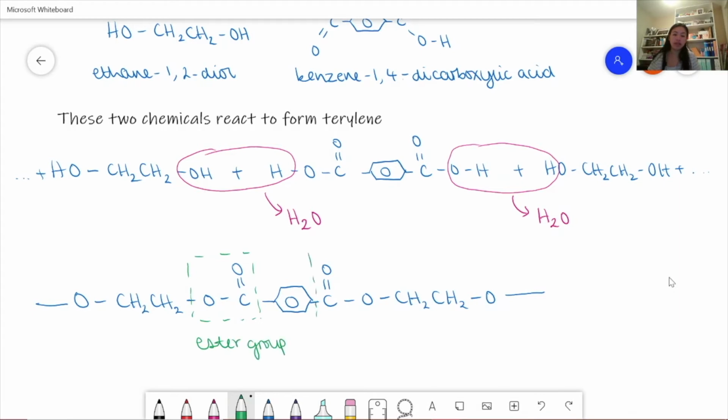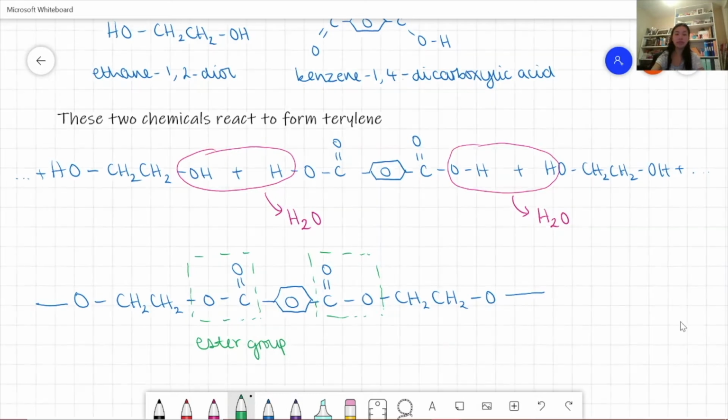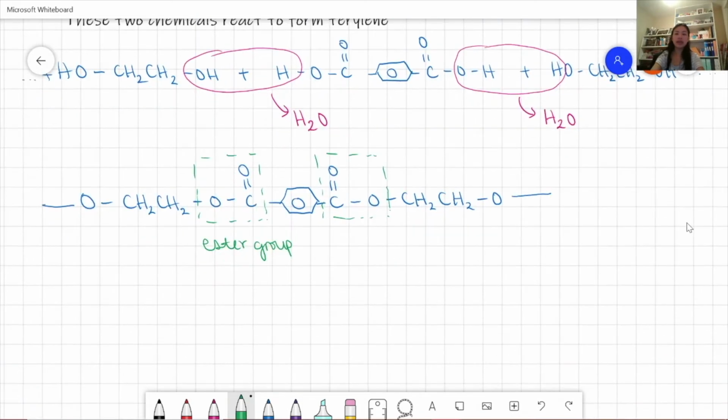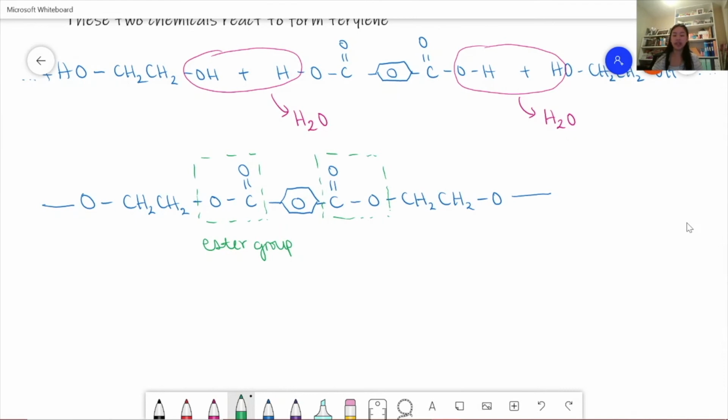And so is this one. And there'll be many more down the line. And this is why this is called a polyester. And we can actually work out the repeating unit of this because what we do is start here and then we just go along from left to right and see when we start to repeat ourselves. And you'll find that it's over here. And so the repeating unit for this polyester, sorry,